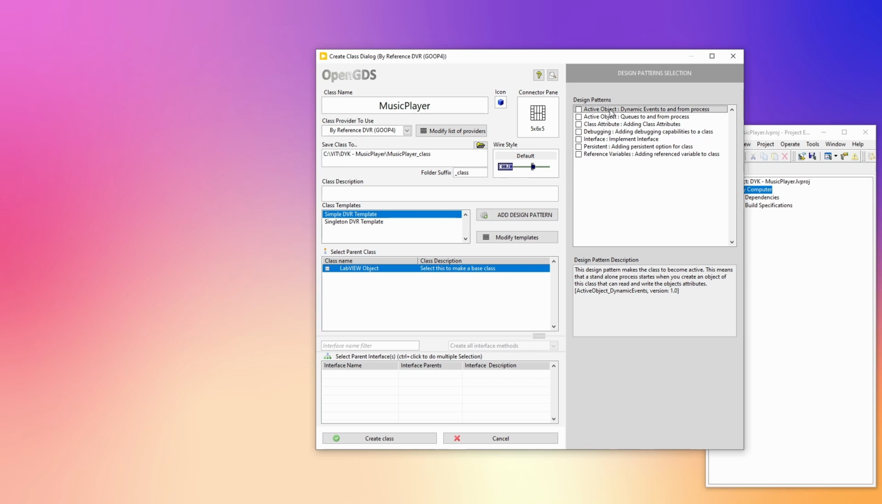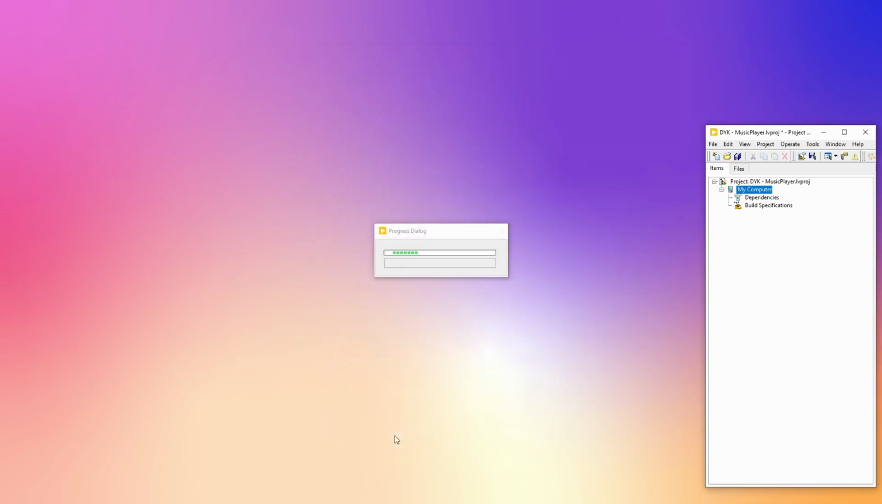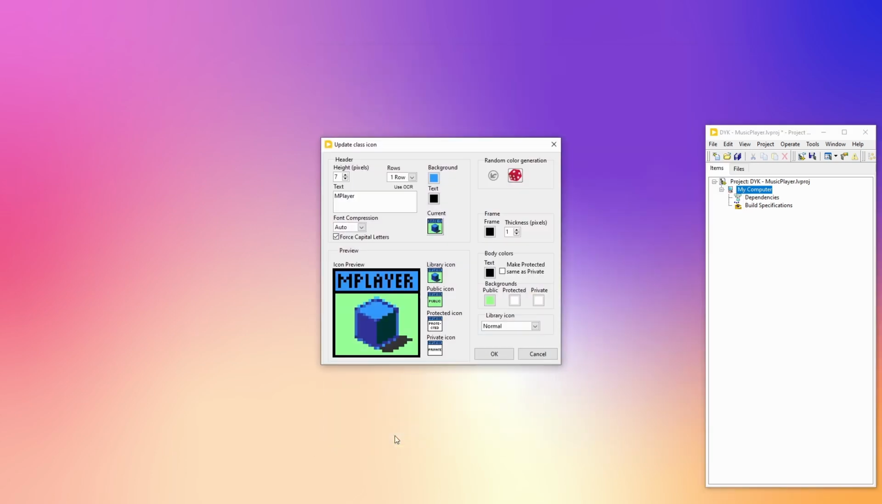We will choose the active object dynamic events to and from process. This will give us an active object with the possibility to create methods which send or receive data from the active process using events. Now that the configuration is done, we can create the class by pressing the Create Class button. This will show us a dialog to set the icon of the class, and you can press a random button a few times until you find something you like, but we will use the default one and press OK